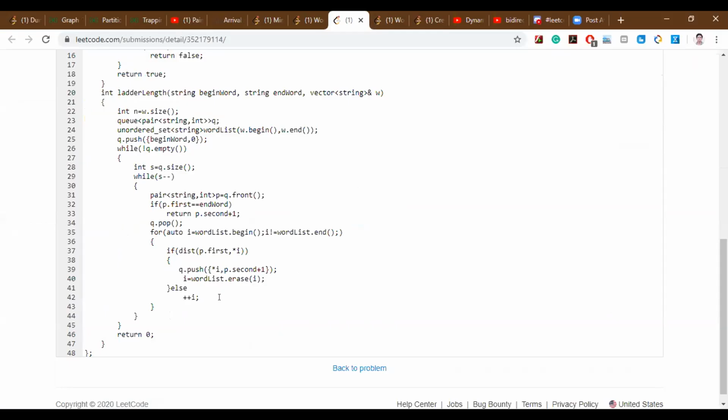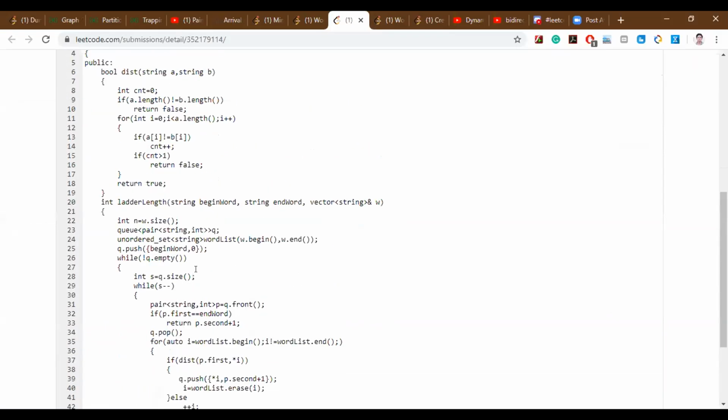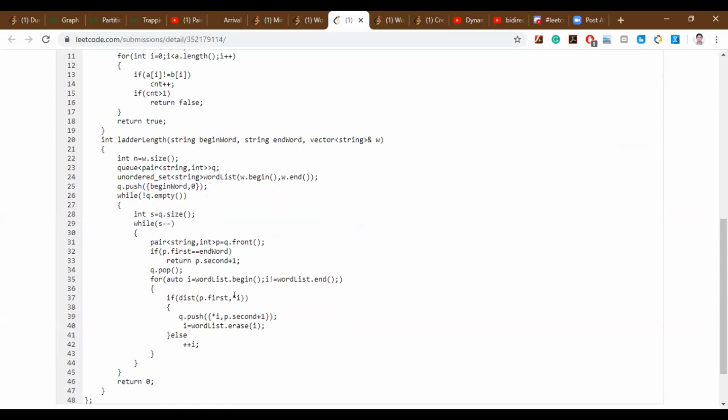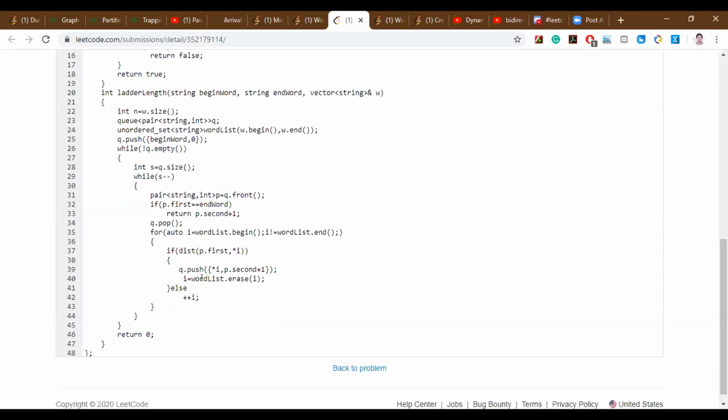This one I used, that like you say here, that I have taken care of that whole word list I was iterating previously, right? So same thing you are doing here, that line 35. Not line 35. You can say, okay, you are erasing. Okay, yeah. Erasing here also.